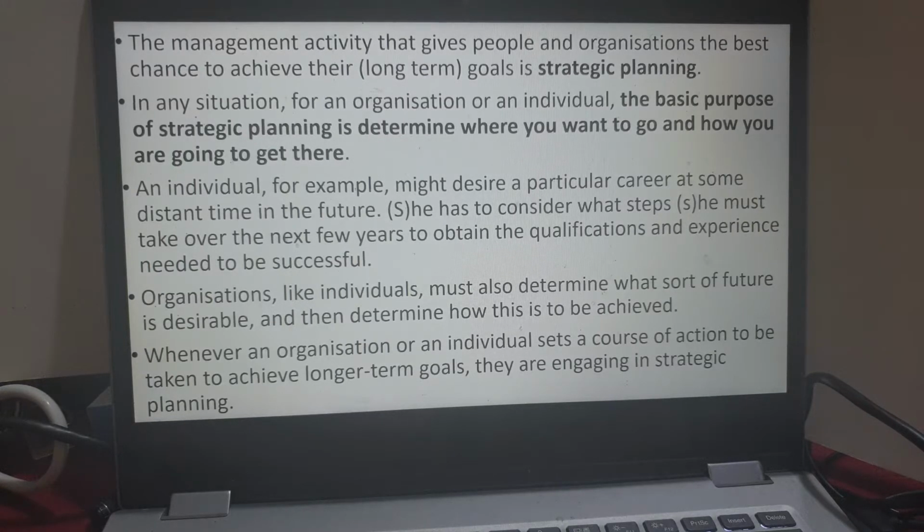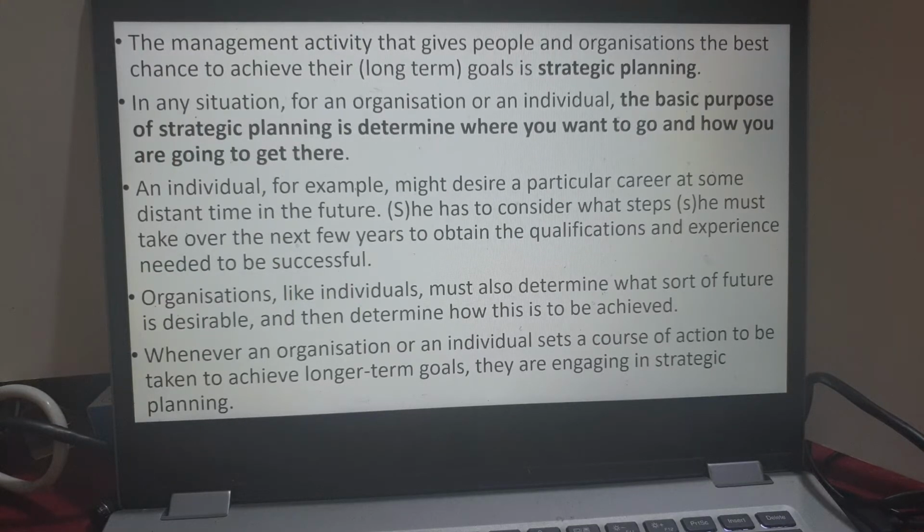She or he has to consider what steps he or she must take over the next few years to obtain the qualifications and experience needed to be successful. Yes, we send our kids to school so that they can, in the future, have a good life,